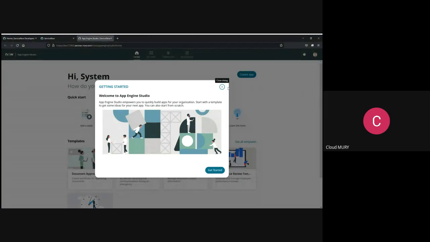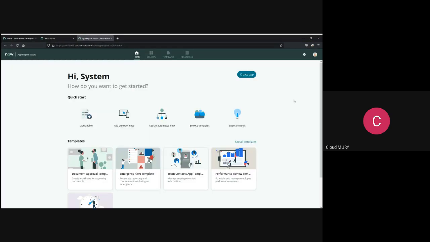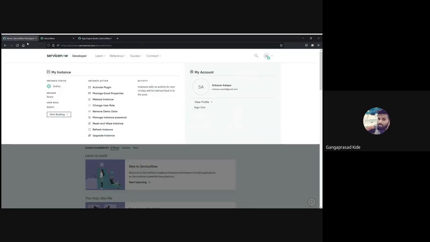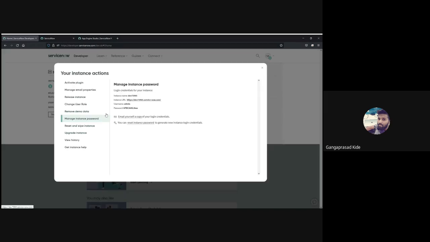Everyone got this, how to claim the new instance? Yes, sir. Okay, good. And I have a doubt. Yes. So here now we have an instance, right? So can we create multiple instances, like yesterday we discussed? No, we can't create. We can create only one instance with one ID.